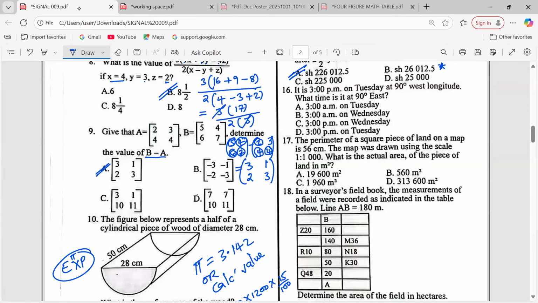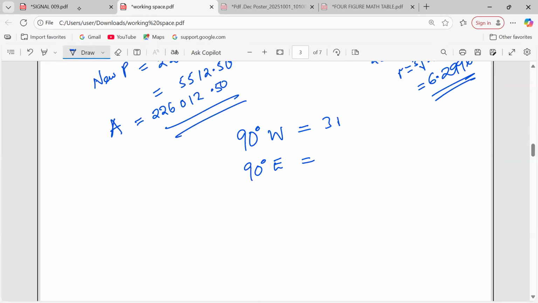Have we mentioned the days anywhere? 90 west, it was 3 p.m. Tuesday. 3 p.m. on Tuesday. What about the time here? So we shall say that